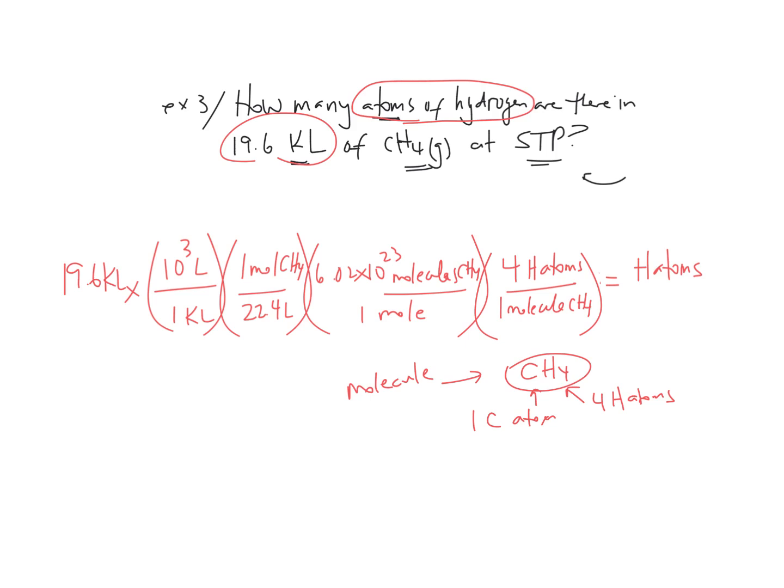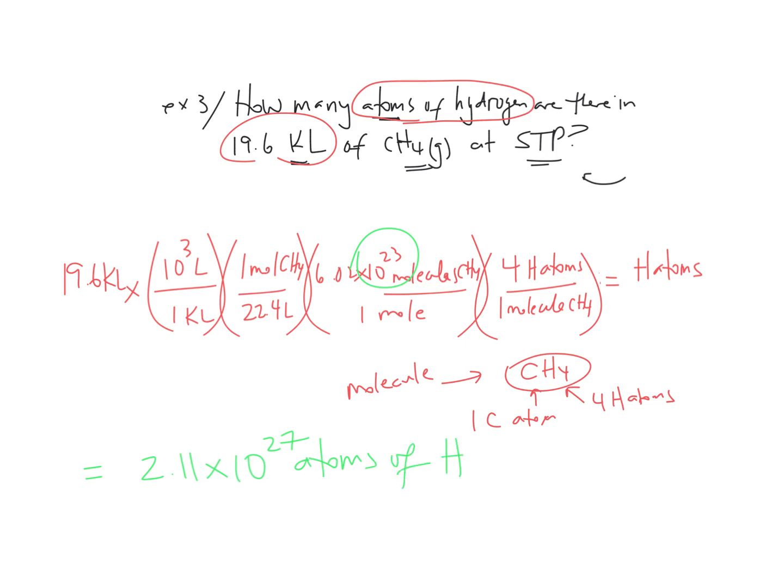All right, so there's what we need. That's the process we have to do to get to hydrogen atoms. Have a look-see at that, and hopefully you can figure it out. If you process it all, 19.6 times 10 to the 3 divided by 22.4 times 6.02 times 10 to the 23 times 4. And again, what I would do is maybe just leave out the times 10 to the 23, and then just make your answer times 10 to the 23, and then correct it to correct scientific notation at the end. You do all that math, you're going to end up getting 2.11 times 10 to the exponent 27 atoms of